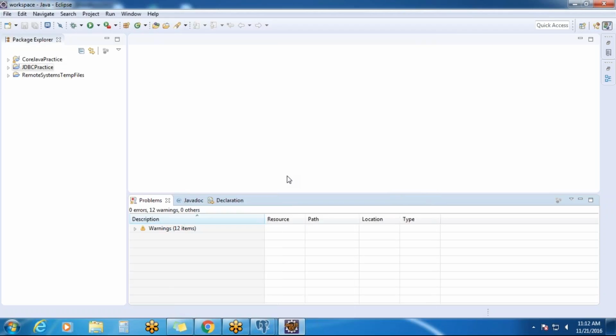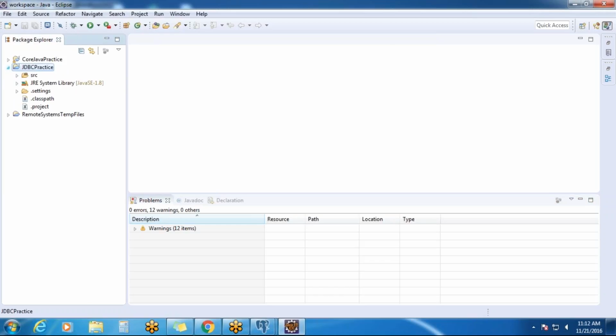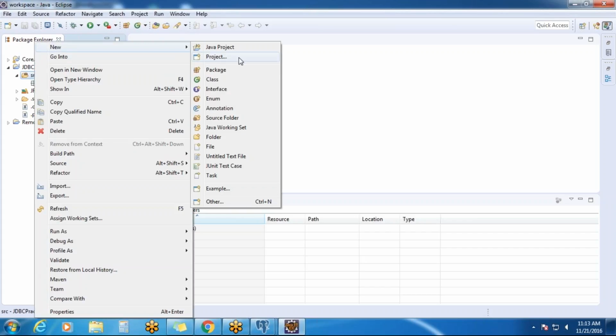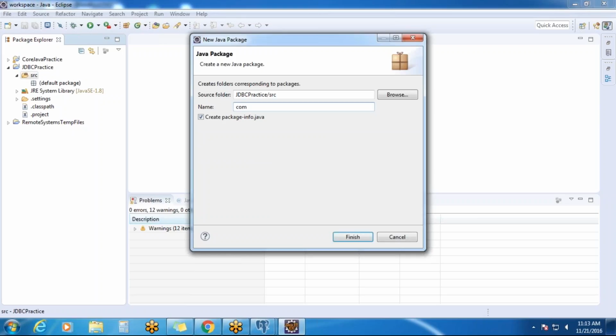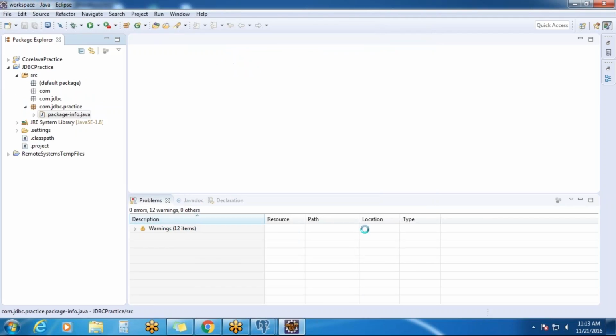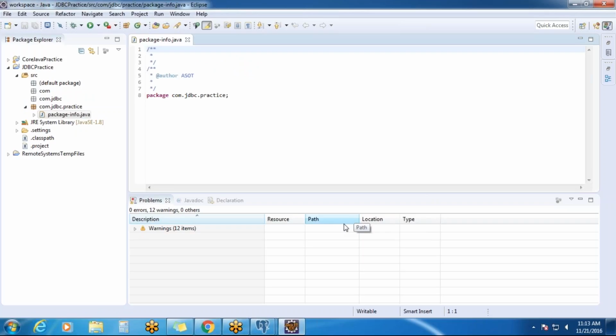And inside this JDBCPractice, go to the src folder and create a new package of your own. Name that package as com.jdbc.practice. Finish. Okay. No need for this package info. Right click on your com.jdbc.practice